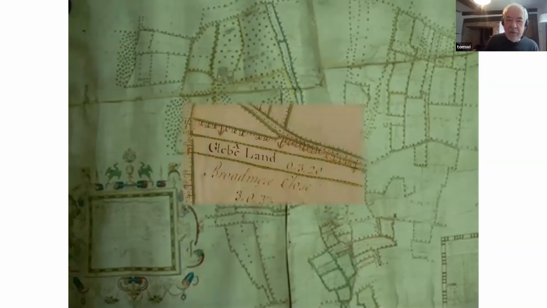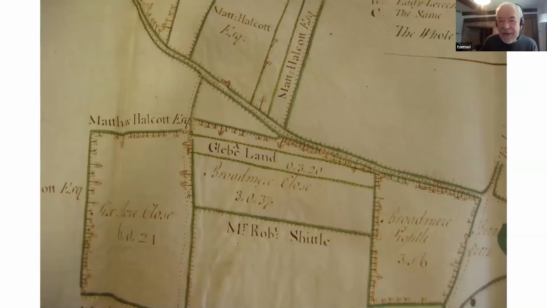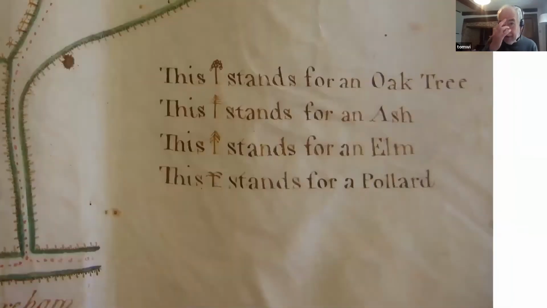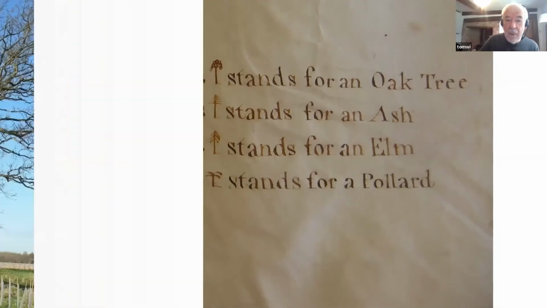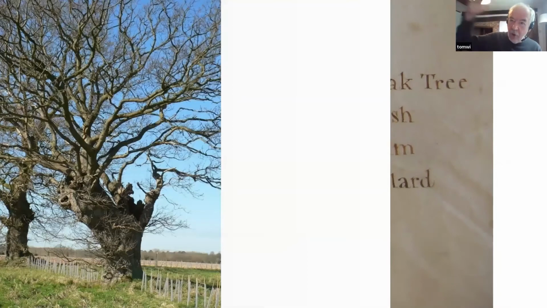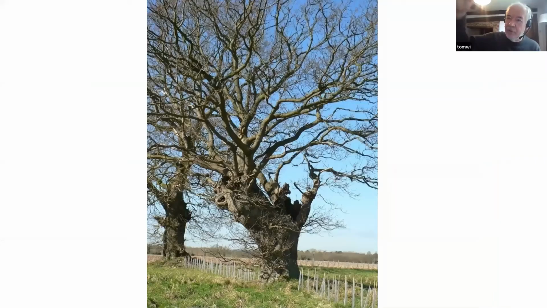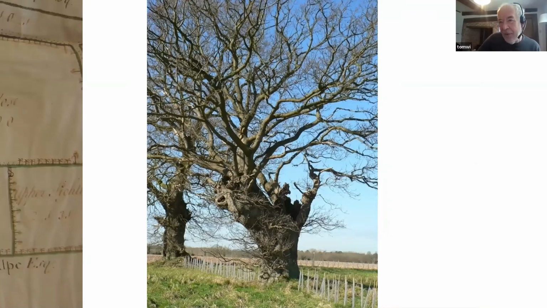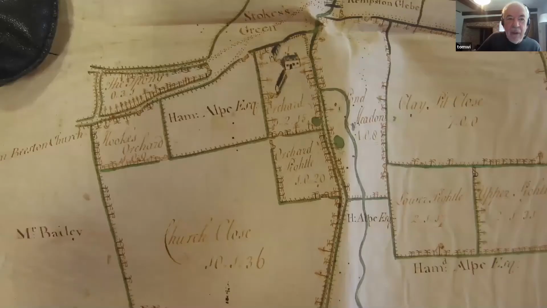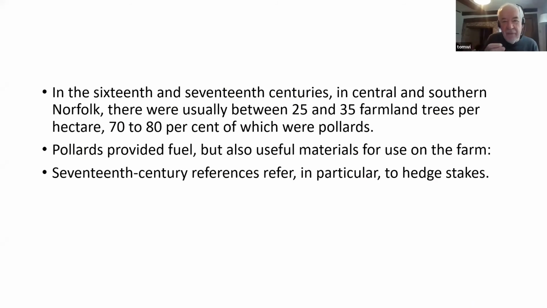But from the 18th century, we have some maps, wonderful maps by a guy called Henry Keemer, which show the position of every hedgerow tree and tell us what they are. This stands for oak, this stands for an ash, this stands for an elm, this stands for a pollard. And from that, we know that pollards, cropped like aerial coppice to produce wood, make up a vast amount of the hedgerow trees. Usually there are between 25 and 35 farmland trees per hectare. Yeah, it's really dense, but 70 to 80% of those are pollards,